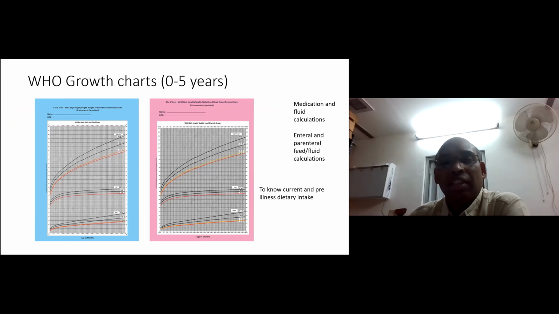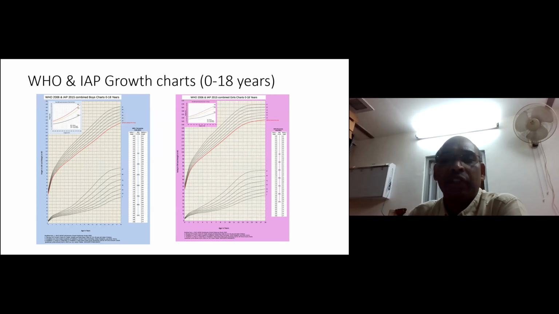Before each and every child who comes to the RCS2, plotting the growth is most important, because that will help in fluid calculation and drug calculation per kg. We basically have two growth charts, 1 to 5 years and 5 to 18 years. The difference is that head circumference is only in the 1 to 5 years chart, because that is important at that age group. In the 5 to 18 years chart, weight and height are there, where we can calculate BMI and see where the child stands, malnourished or obese.